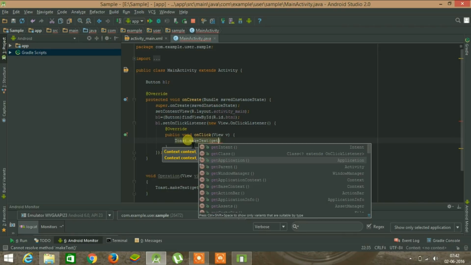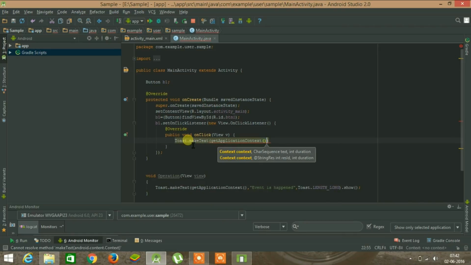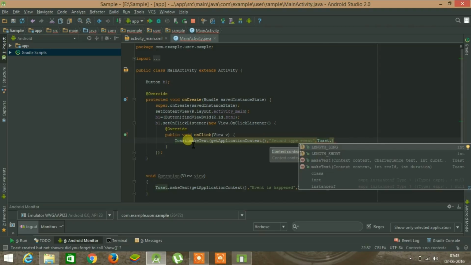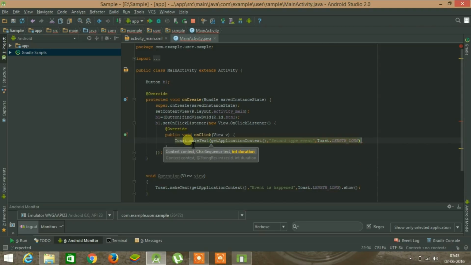Now in this type, this onClick method is executed when the user clicks on the button. Make some toast to be displayed when the user clicks on this. Get the application context, and our message is